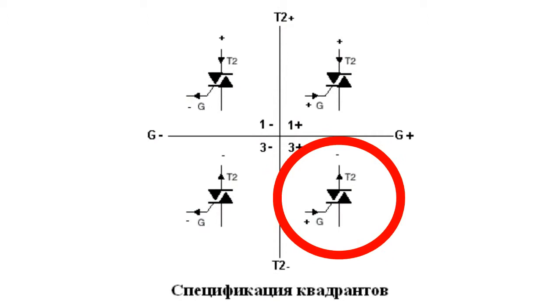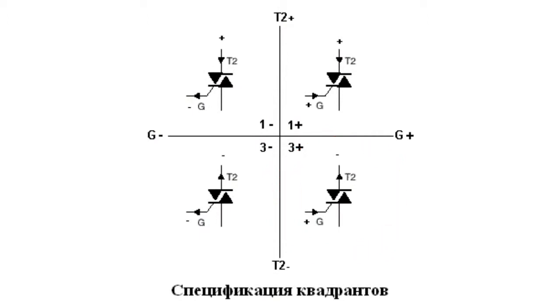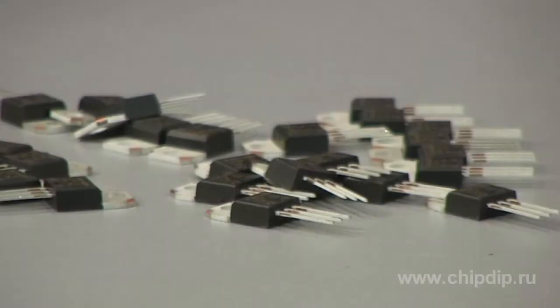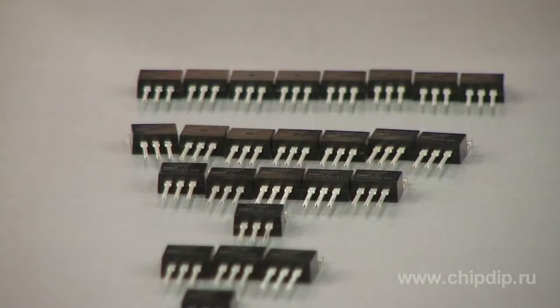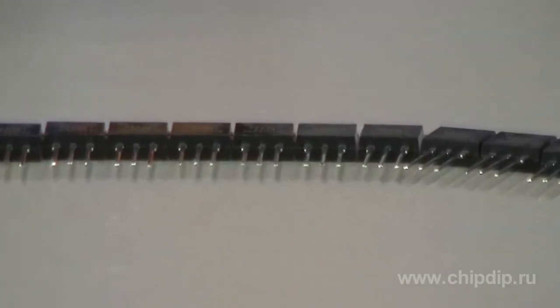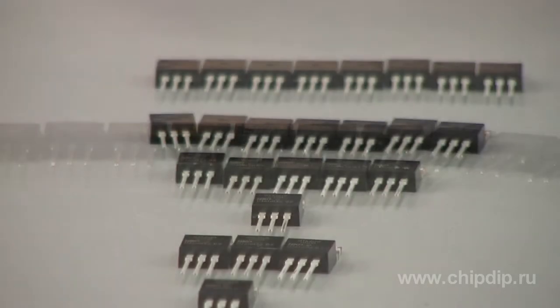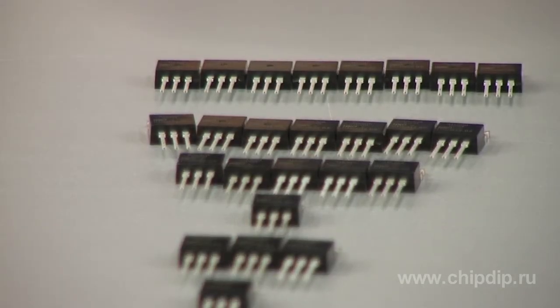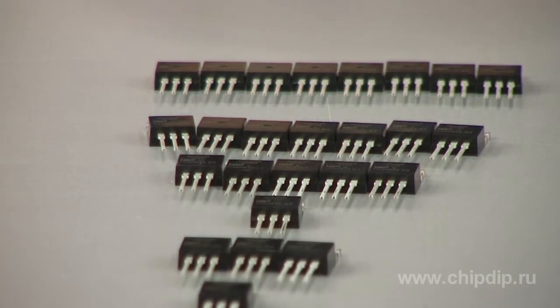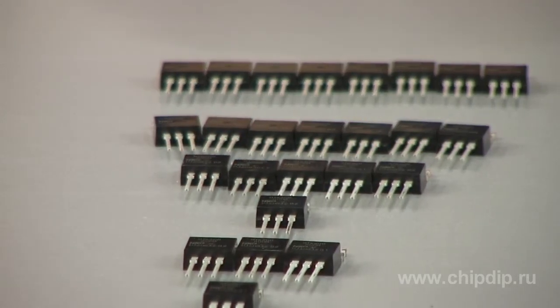There are several reasons for this. Due to the peculiarities of symistor gate design, the gate is least sensitive. This quadrant has the greatest delay between the moment when the gate current starts running and the triac changes its condition to a conductor. The lowest rate of load current rise limits the critical parameters, causing the triac to burn out near the gate. This happens when it has to control loads with high starting currents, for instance, capacitive loads